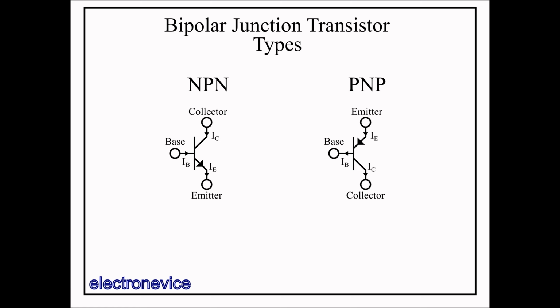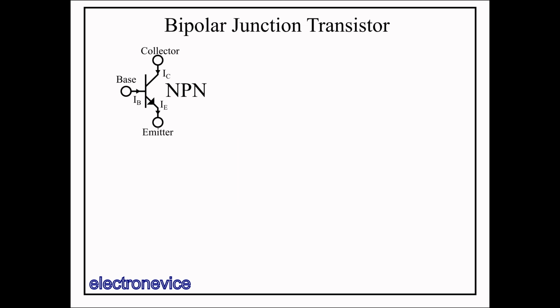They're sort of like mirror images of each other, so all you have to do is flip a few voltage signs and current flow directions to convert between them. We'll talk about the different use cases for each type in a later video. For now, let's focus on the more common of the two, the NPN type BJT. All equations, current flow directions, and voltage positive or negative signs after this point will assume an NPN transistor unless specified otherwise. Here we have the schematic symbol of the NPN transistor.